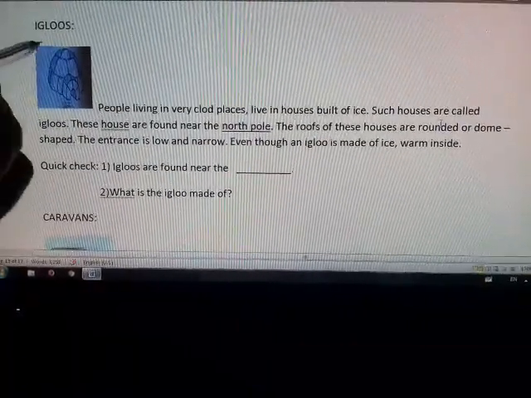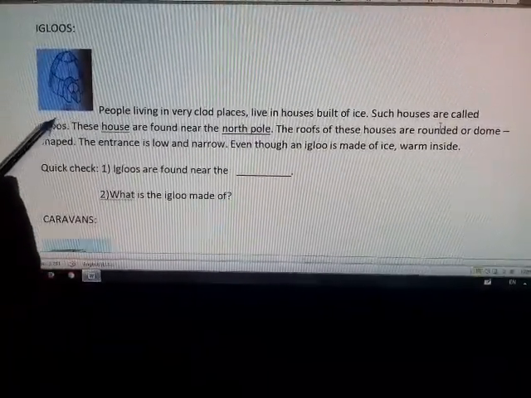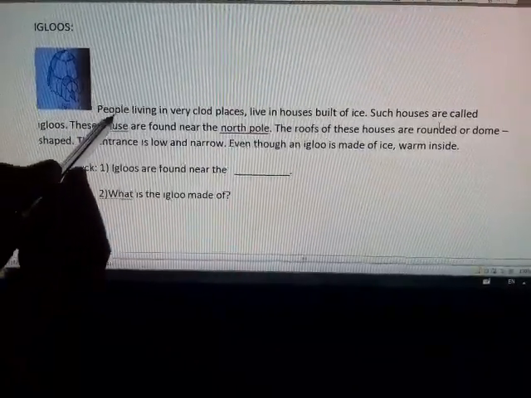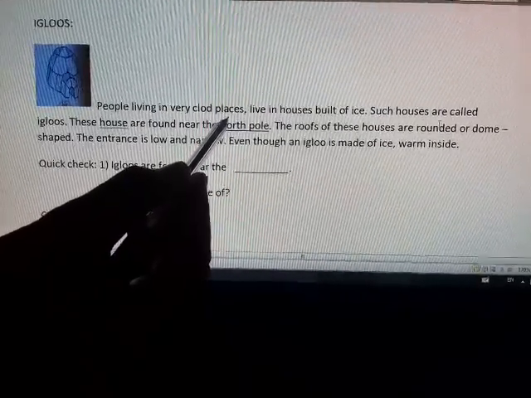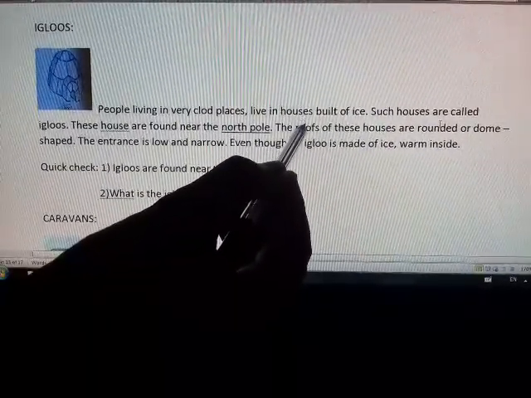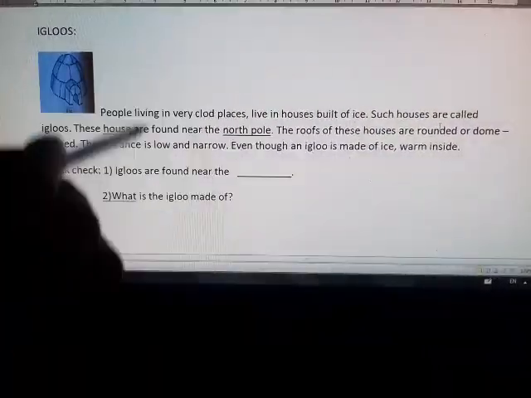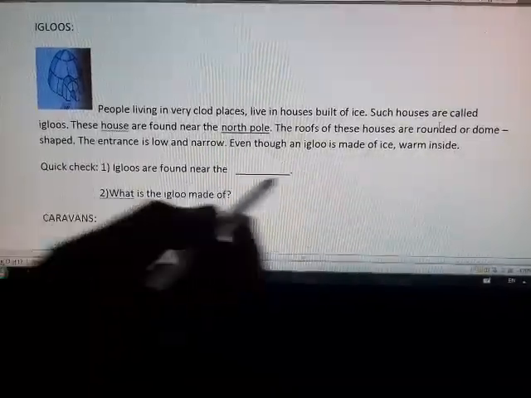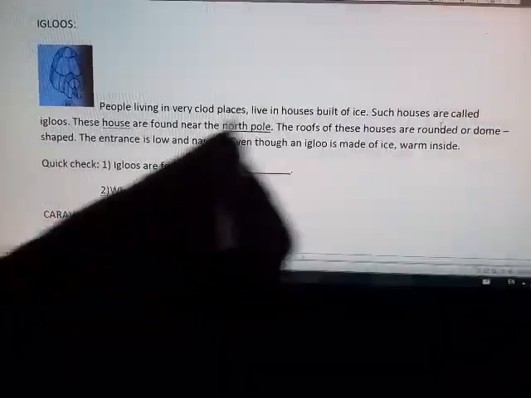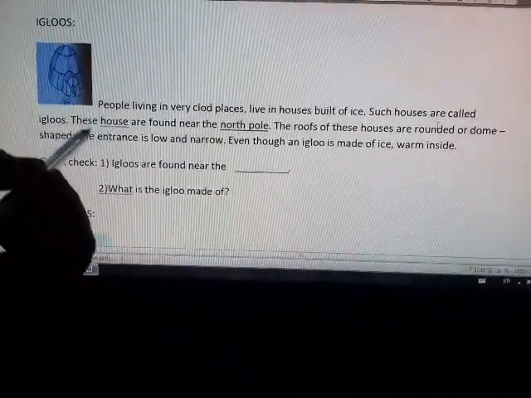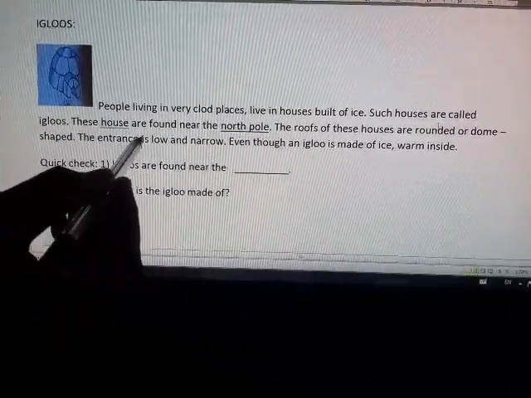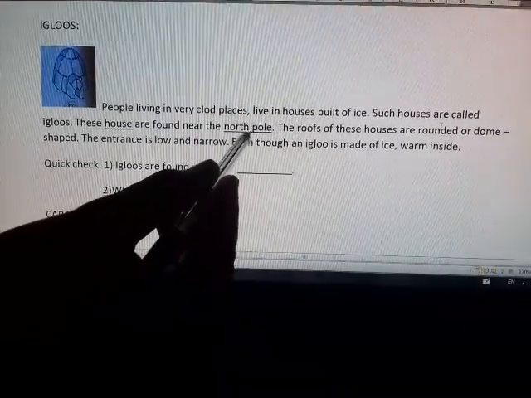Now let's learn about igloos. People living in very cold places live in houses built of ice. Such houses are called igloos. You can see in this picture. These houses are found near the North Pole.